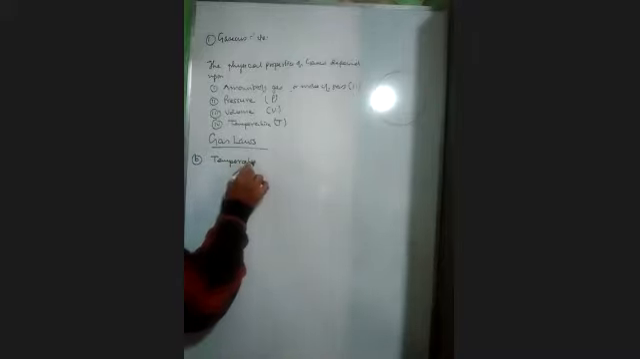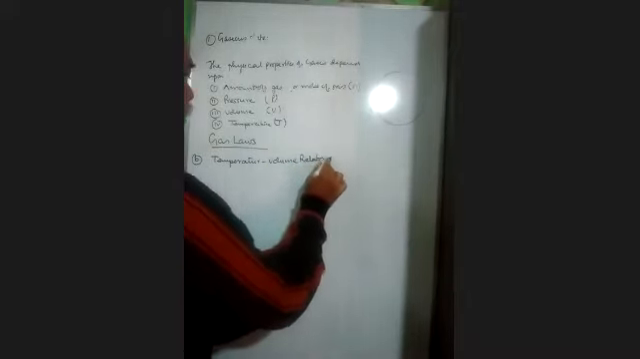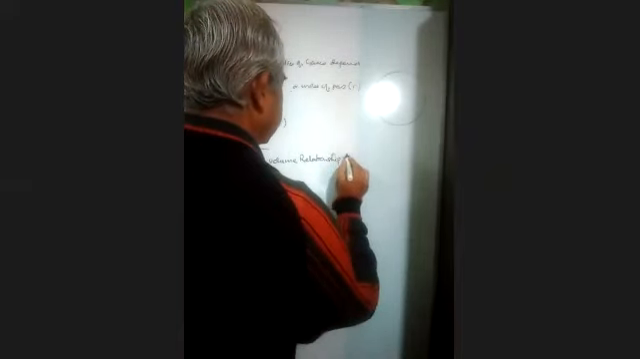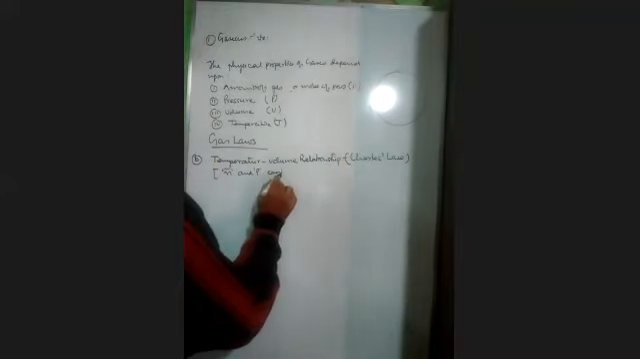Then the second one is the temperature-volume relationship. That you know, we call it Charles law. What we have to do? We keep constant here the amount of gas and pressure. Here I'm not going to write directly the relationship or definition of Charles. We'll say